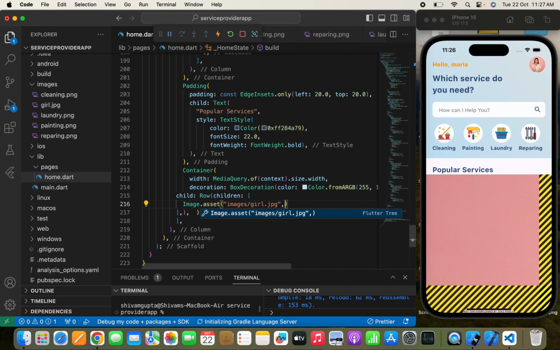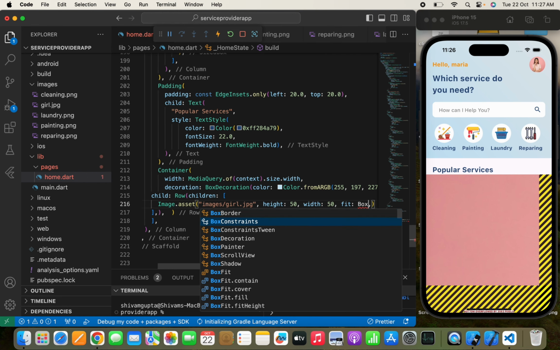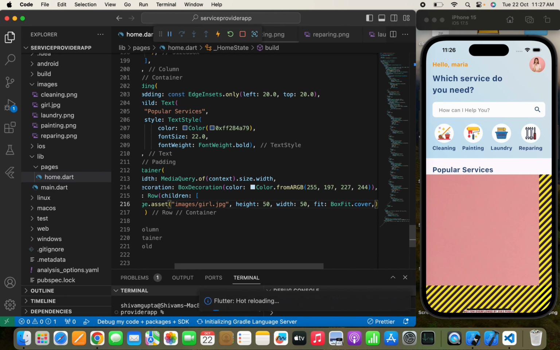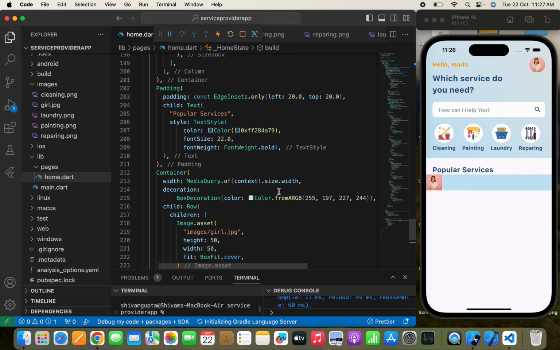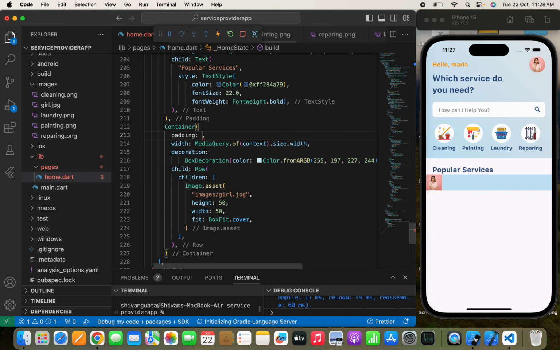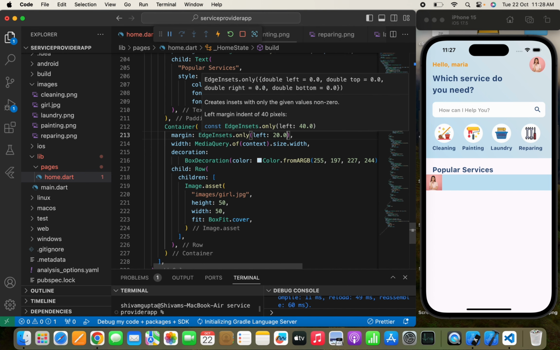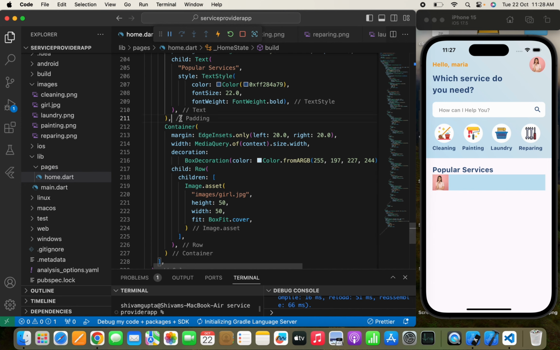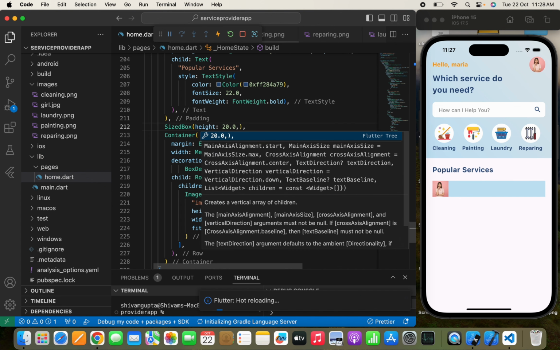And here I need to simply pass the height, which will be 50, and the width 50, and the fit, BoxFit.cover, something like this. So here you can see the image, and we can do one thing, like we can pass some padding, EdgeInsets, not padding, we need to pass some margin. So we'll write margin EdgeInsets.only, from the left 20.0, from the right 20.0. Yep. Now we need to pass a SizedBox of height 20.0, so that I can pass some spacing,